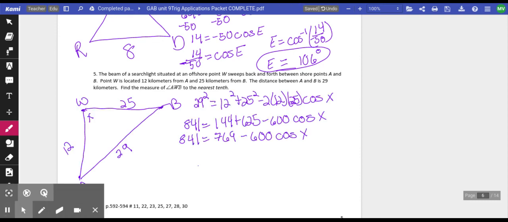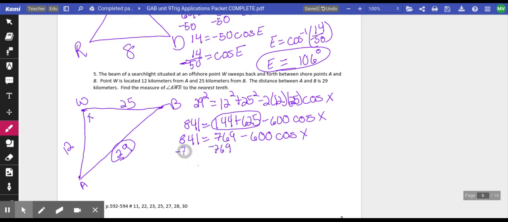Okay, so first thing I did is I drew my triangle. I'm looking for angle W, which I labeled X. Since I'm looking for angle W, I started off with 29 squared equals, because I always want to do the side opposite the angle I'm looking for. So it's 29 squared equals 12 squared plus 25 squared minus 2 times 12 times 25 cosine of x. Then I squared all my terms and multiplied 2 times 12 times 25. I can add 144 and 625 together, but I cannot subtract the 600 because that's 600 times the cosine of x. So now to finish solving this, I subtract 769 from both sides,